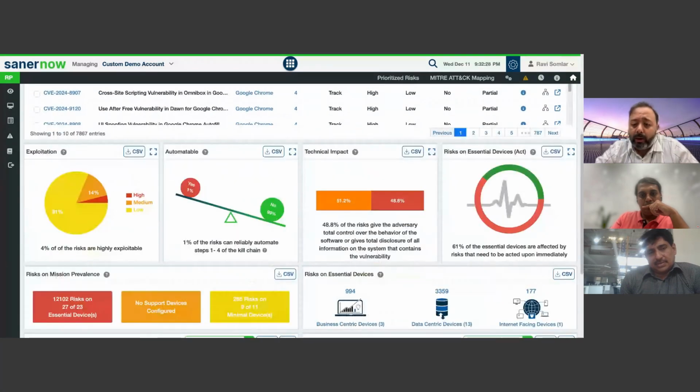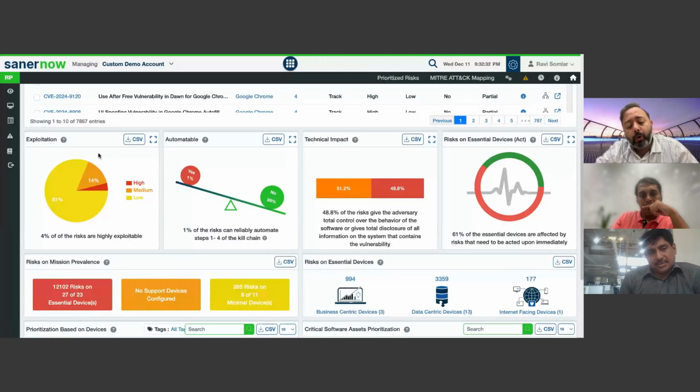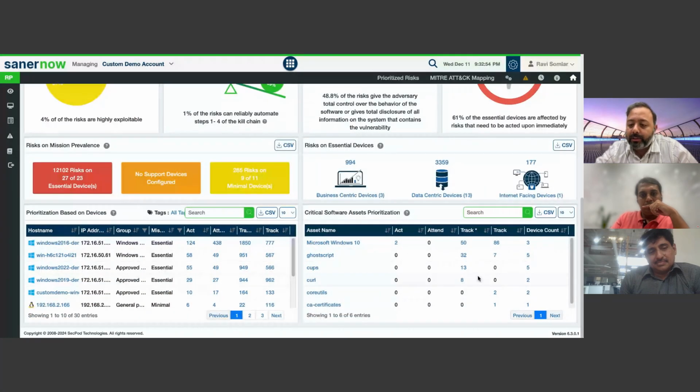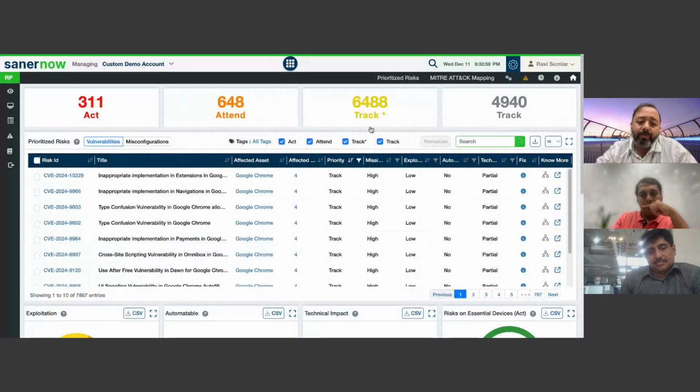While we are doing the reprioritization, we also look at concepts like how easy is it for somebody to exploit this vulnerability within your environment. Can these exploits be automated? And then we look at total or partial technical impact and what is the risk to the essential devices. So basis this, we go back and do the reprioritization of all the risks across applications and across devices within your environment here, right? Now, coming back to this specific vulnerability of